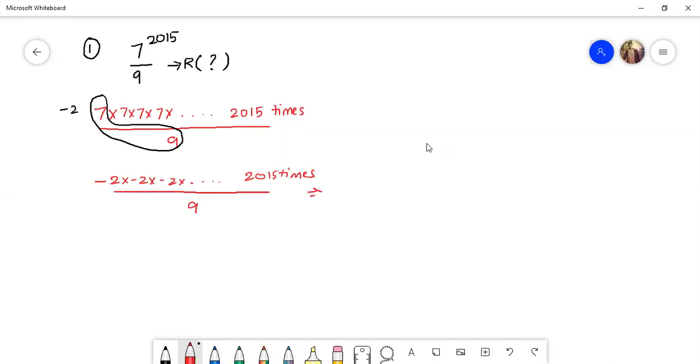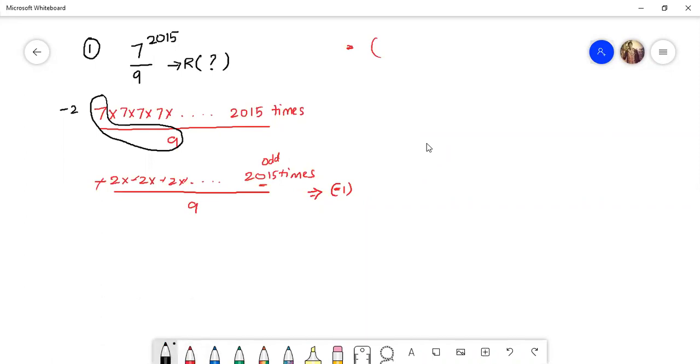The first thing I want everybody to remember: check for negative symbols. Is this negative symbol becoming positive or will it remain negative? It depends upon the number of times. I have a negative value and it is for an odd number of times, 2015, so there will be a minus. To avoid a problem, I'll pull out this minus 1 aside, because I cannot simply ignore the minus and continue with the question. The remaining question will become 2 into 2 into 2 into so on, the normal thing. Minus and minus will cancel, so that minus 1, which is odd times, is left out.